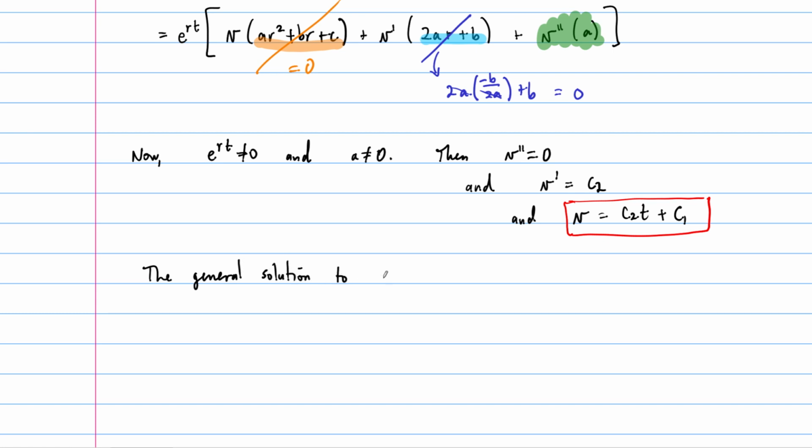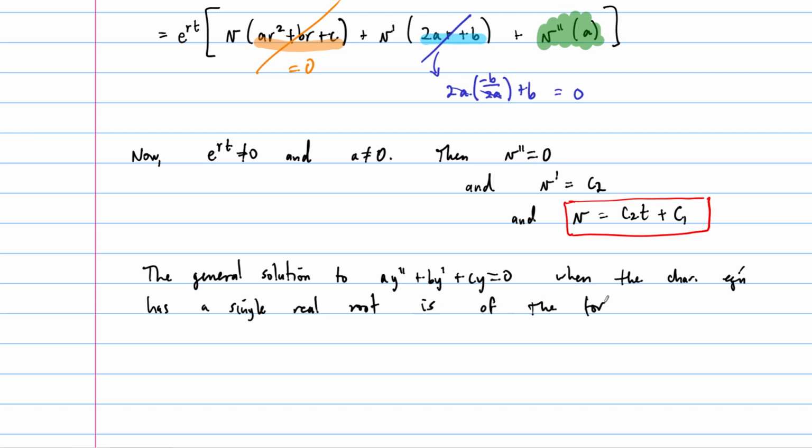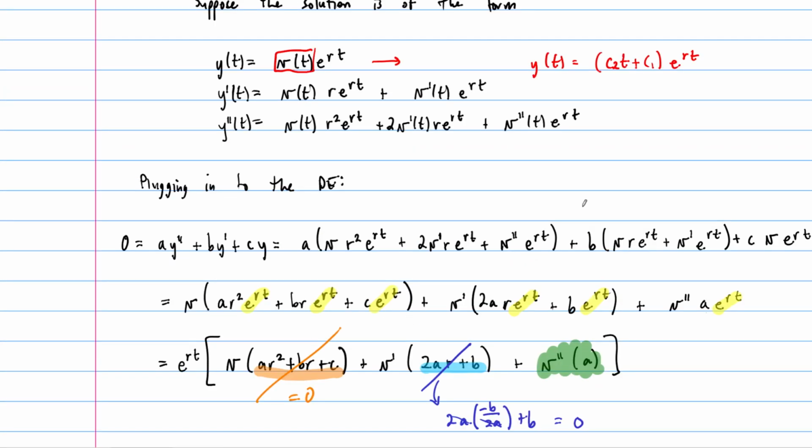The general solution to this differential equation, ay double prime plus by prime plus cy equals 0, when the characteristic equation has a single real root, is of the form y equals,